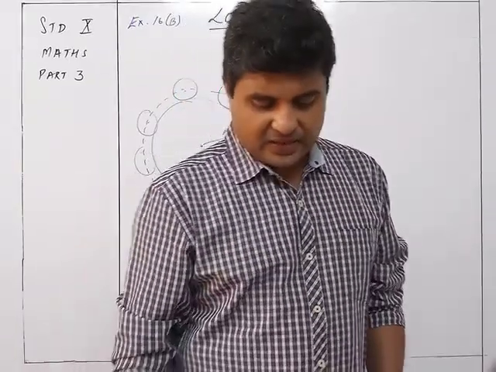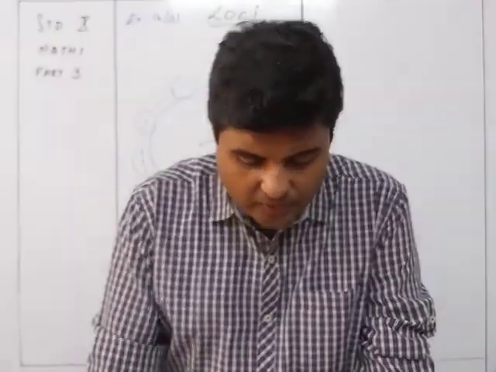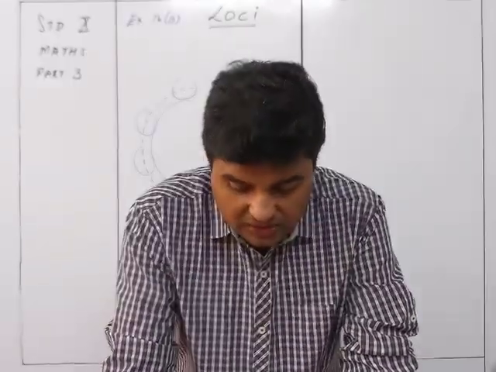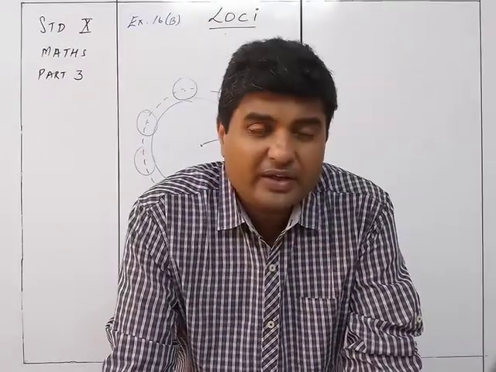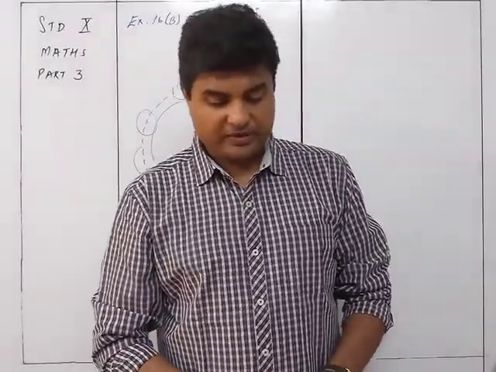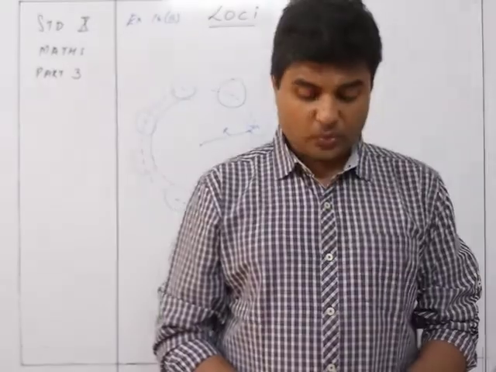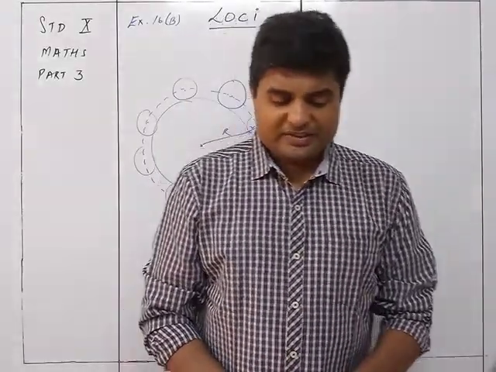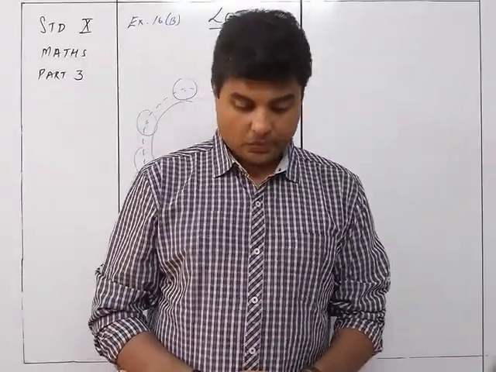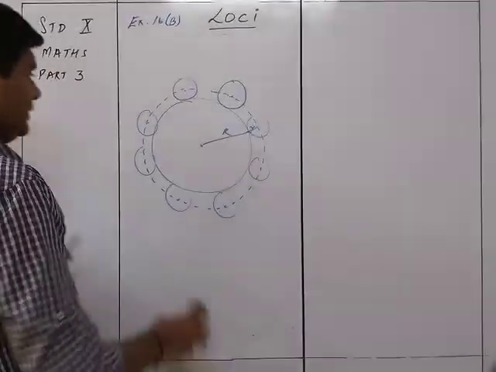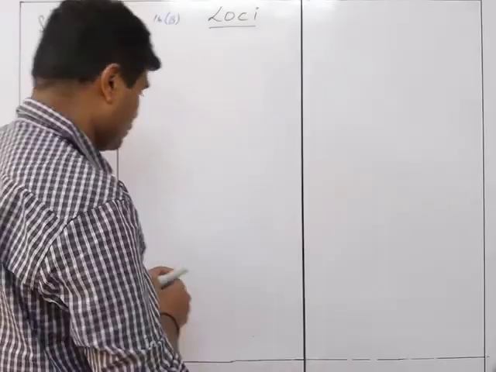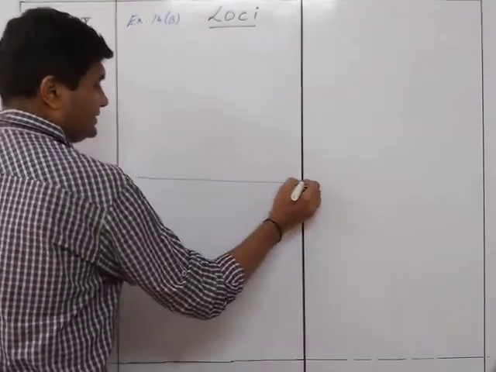So in the fifth sum, the locus of the center of the circle will be the circumference of a circle concentric with the second circle and with radius equal to the sum of the radii of the two circles. So that will be the locus for the fifth. We move on to the sixth question. The locus of the centers of all the circles that are tangent to both the arms of a given angle. Okay, let's see. The students will see this figure and find that yes, we had drawn this. So you can see this. It is like this.